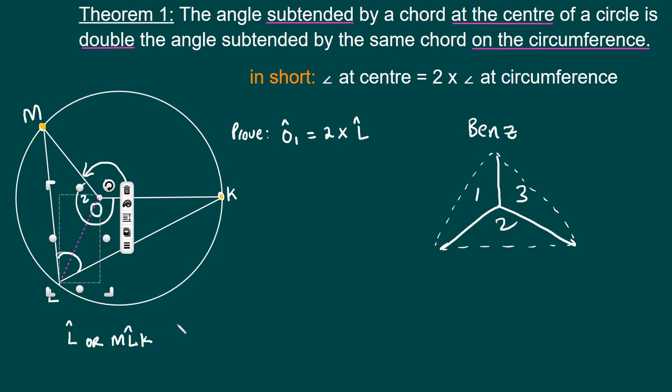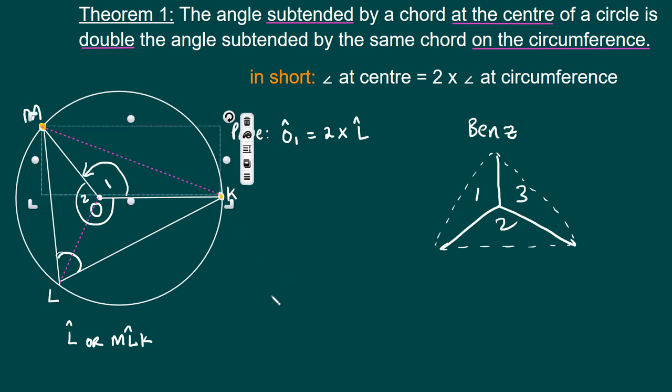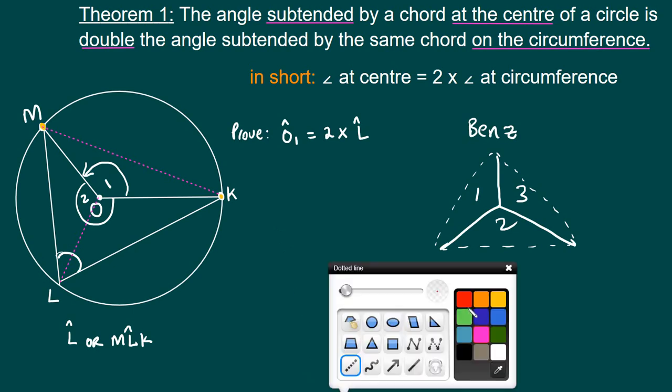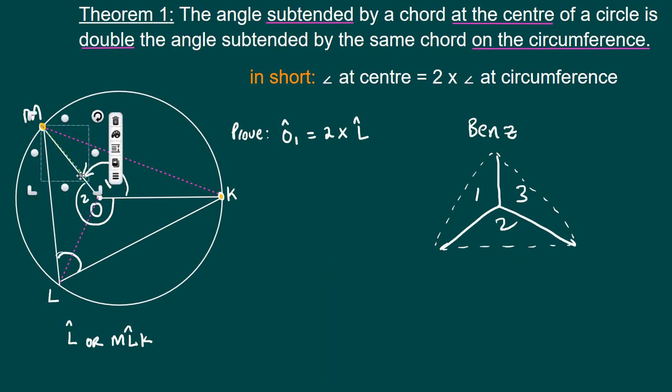Right, now you have 2 triangles, but it still doesn't look like the Benz logo. So for it to look like that, you then join these ones. Right, and then you have formed it. You see how many triangles you have now? Now it means you have these triangles. You have this one here. Oh, sorry. You now have